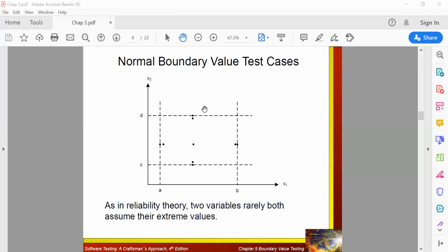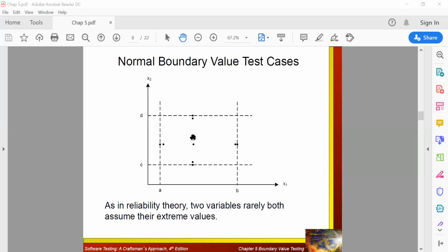So we will be identifying one point which is very near to that particular boundary and the next value. You will have the boundary value with respect to D, and one value next to it. Similarly for A, similarly for C, similarly for B. And with respect to these two variables, we have a common nominal point that is at the center.